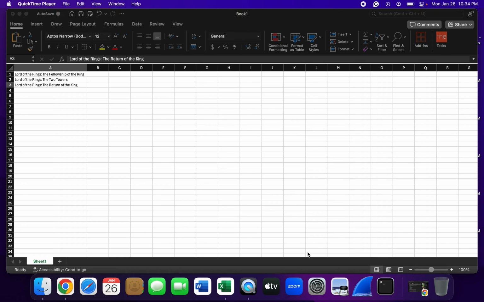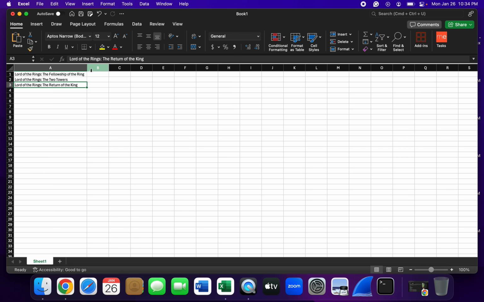So in this tutorial I have created a list of 3 movies. Now what I'm going to do is highlight all 3 movies. That's step 1. As you can see, all 3 movies got highlighted, and also these cells